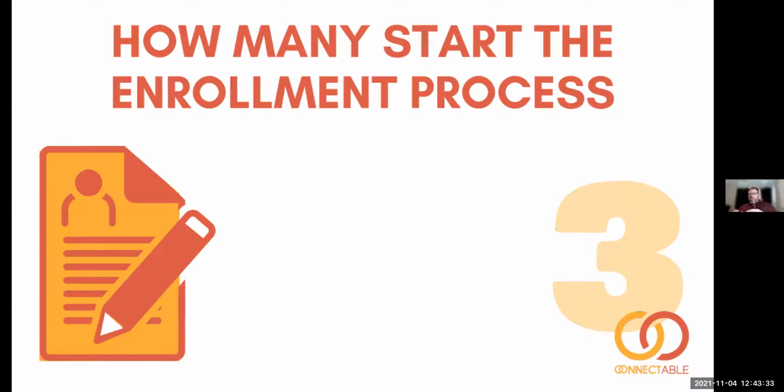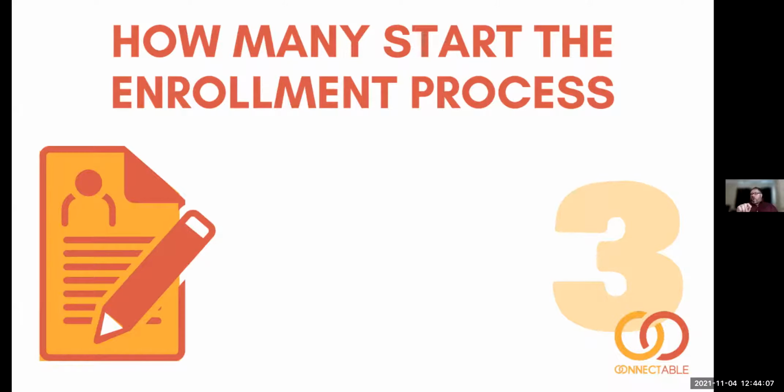Now, we have a digital process. Connectable is all about providing a quick and easy way for programs to not have to worry about this, but get students plugged into the enrollment process. And so we have a digital process, and we can tell when they've created an account in our system. And as a result, we know that number. We know exactly what that number looks like. We know how many are ELL, how many are HSE, and how many are career training. So we can help a program to look at that.